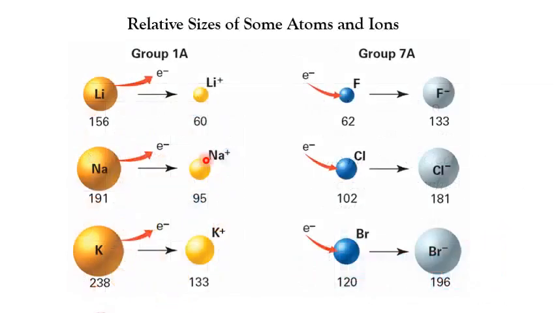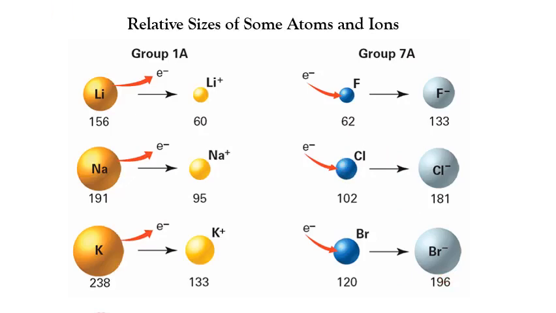Also notice the size of the ion. Lithium ion is smaller than lithium atom, sodium ion is smaller than sodium atom, and potassium ion is smaller than potassium atom. And when you look at the anions, they are bigger than the corresponding neutral atom. Fluoride ion is bigger than fluorine atom, chloride ion is bigger than chlorine atom, and bromide ion is bigger